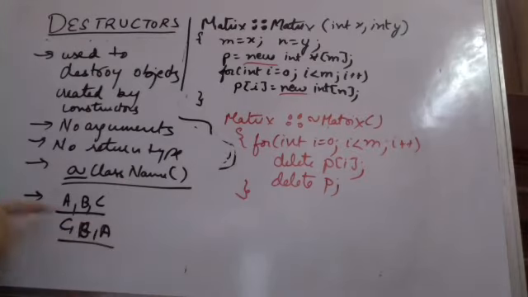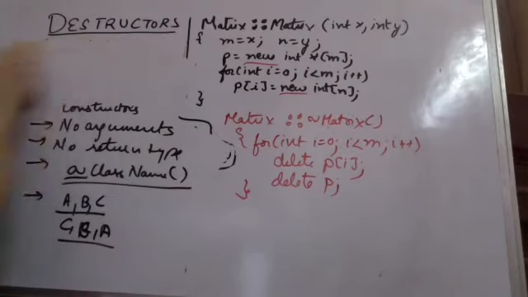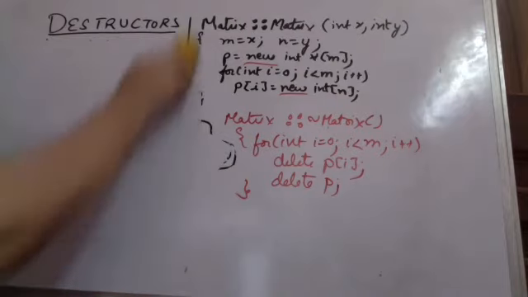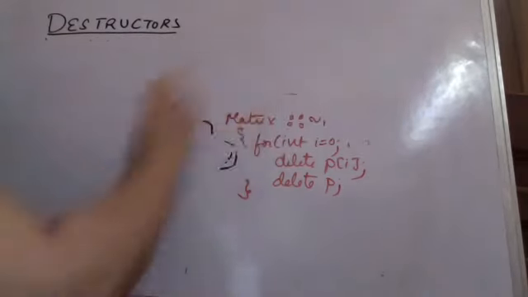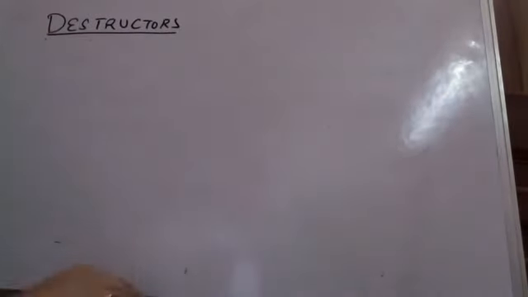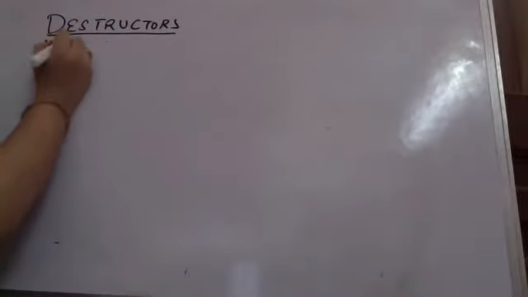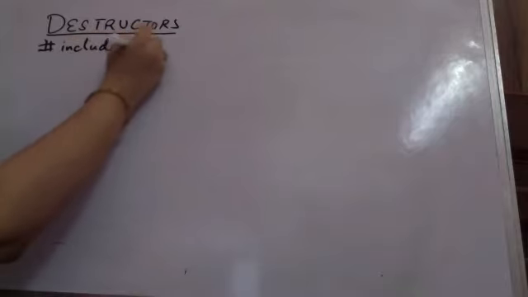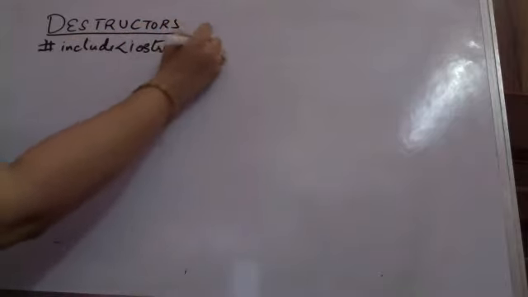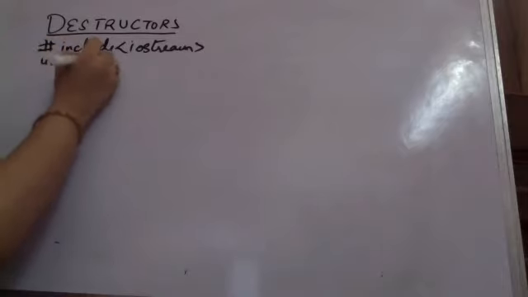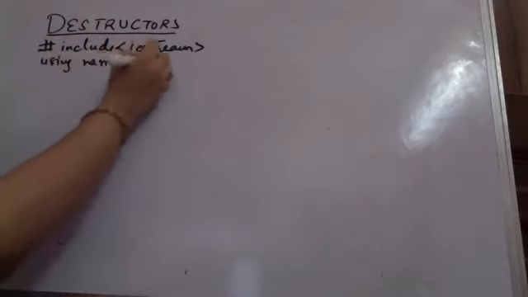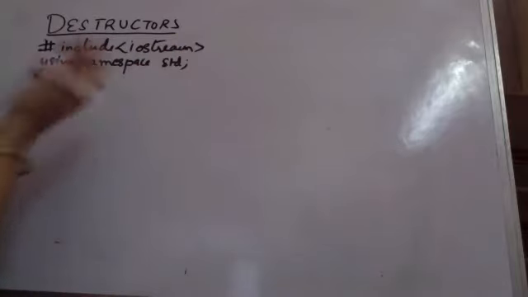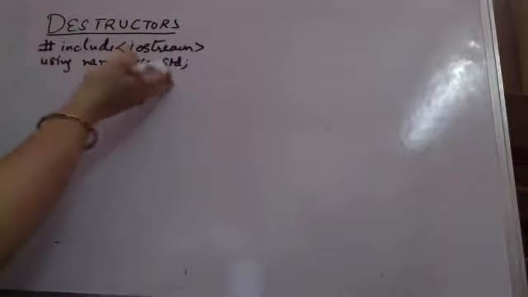Let us see another example to understand the order in which destructors and constructors work. To understand that, we'll be using a static member variable in a class so that we understand better. I'm just creating a very small program for understanding. So I'm again including my input output stream, and I am using the namespace std so that I can use all the objects lying in that namespace. All of you know that you can create namespaces of your own also. This is the std namespace, already created.